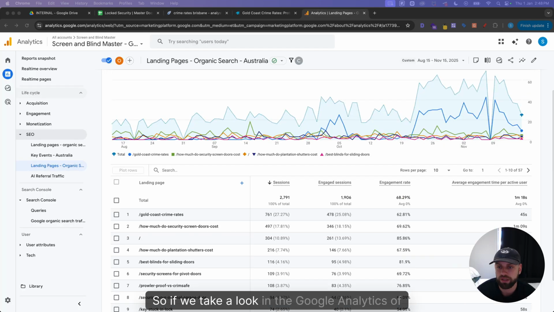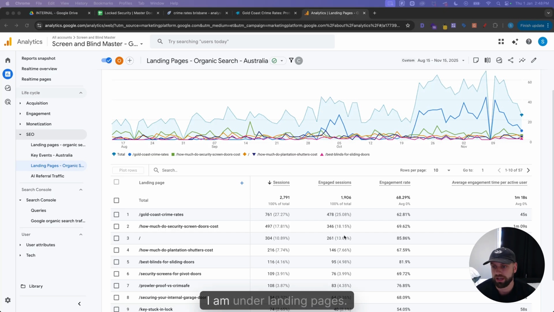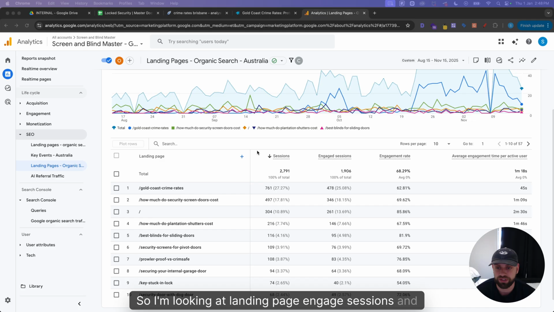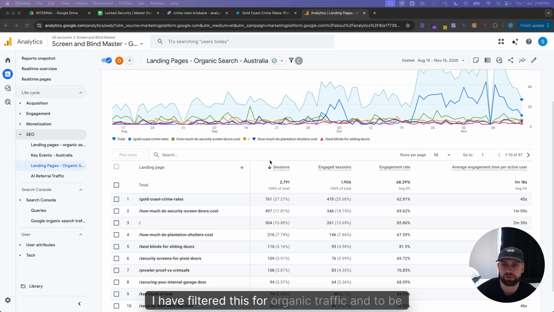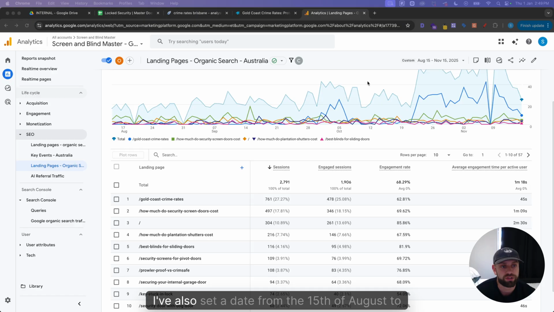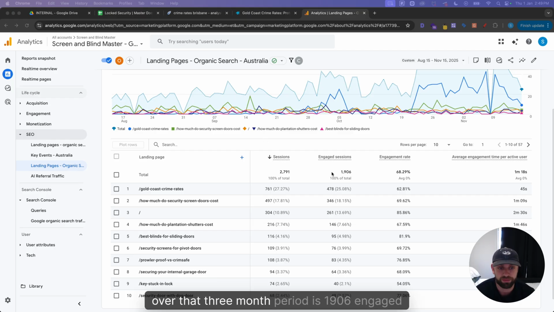So if we take a look in the Google Analytics of this client's account, I am on landing pages, so I'm looking at landing page engaged sessions, and I have filtered this for organic traffic and to be Australian traffic only. I've also set a date from the 15th of August to the 15th of November, so this is a 3-month period, and as you can see, the traffic that we have acquired over that 3-month period is 1,906 engaged